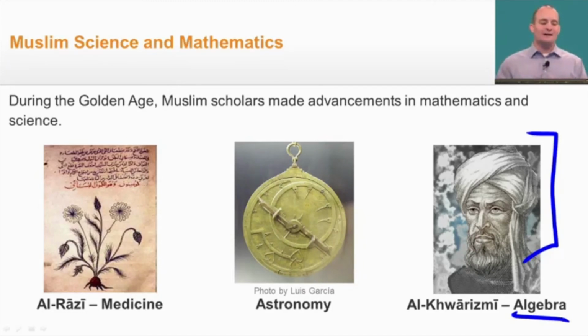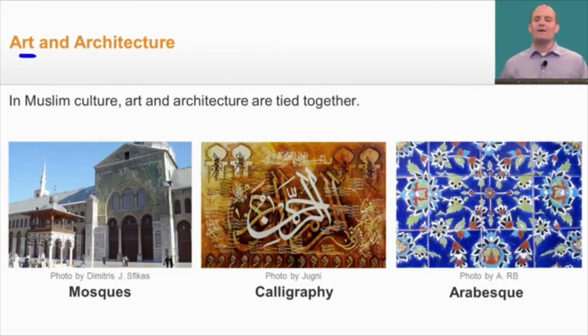Now let's go on and take a look at the art and architecture. And so often these would actually work together. And I want to show you this by using this mosque as an example. This is a mosque in Damascus. But before I take a look at the actual things, can you see the Greek or the Roman influence here? Take a closer look at this area right here. Do you see the influence?